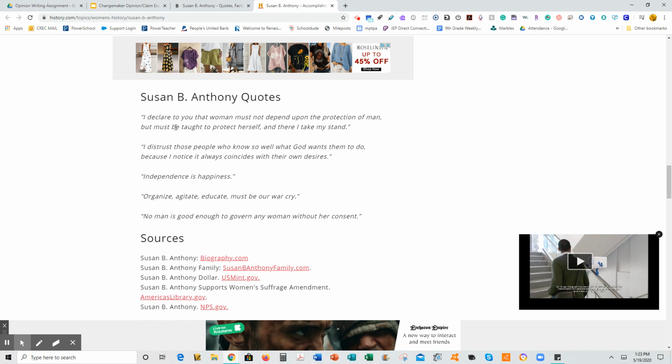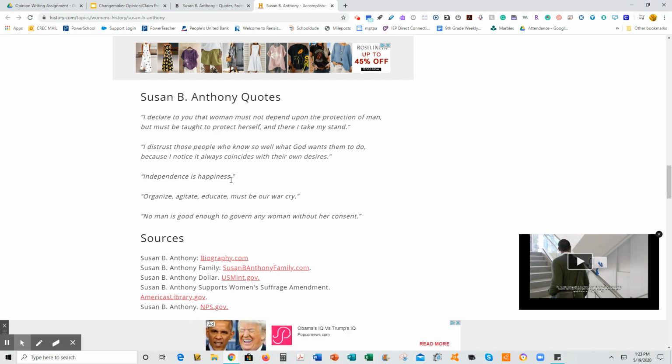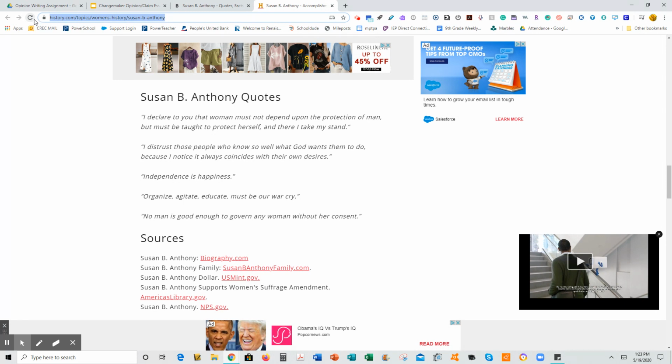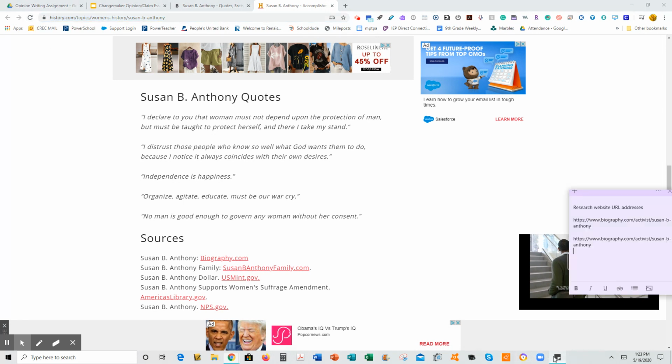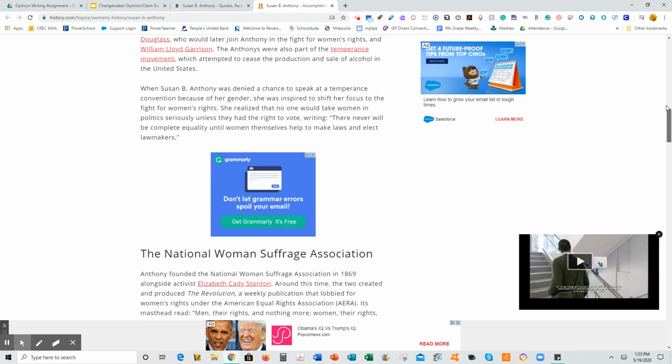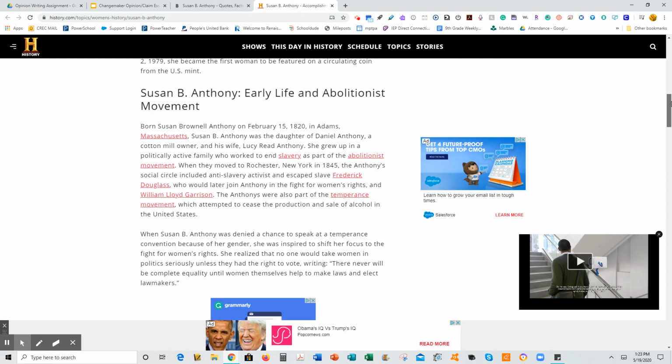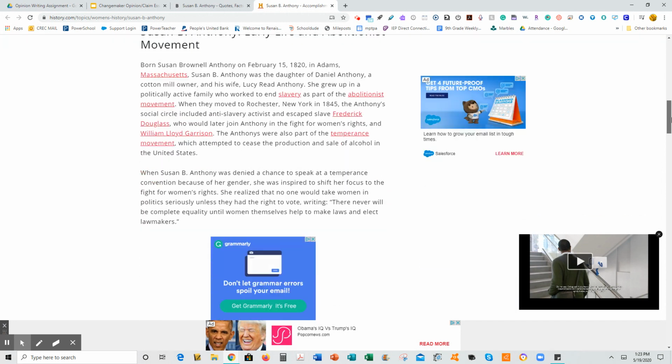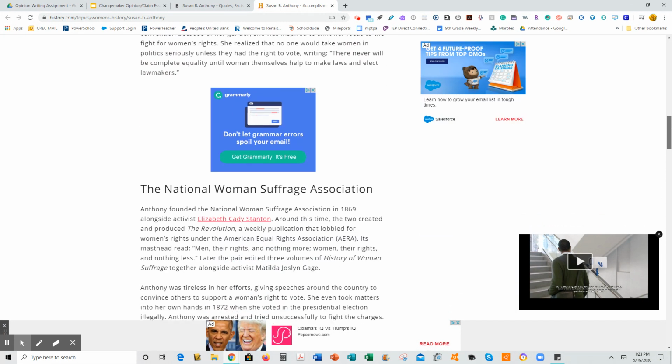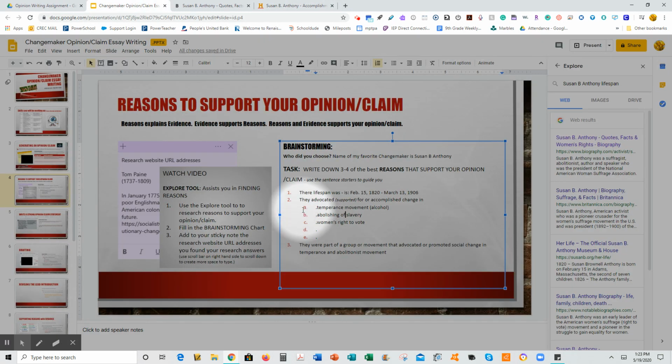Now, what I find interesting is there's some quotes that you could use here, and I want to make sure that I copy and paste and make sure I put in the website that we used. Okay, I don't see, let's see, slavery, temperance movement. Oh, here we go. We have women's rights, equal rights. So I'm going to add equal rights.